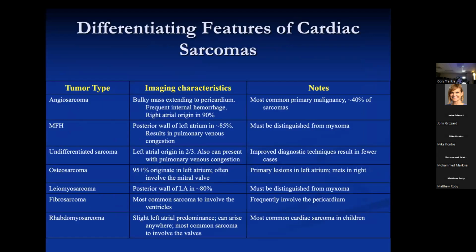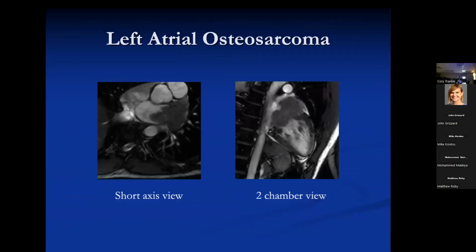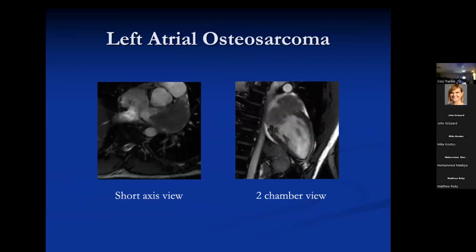I don't want you to worry about this. The only reason I put this slide up is because I'm going to put these little arrows up and show that outside of the angiosarcoma, the malignant fibrous histiocytoma, the undifferentiated sarcomas, all the others have a left atrial predominance. The only one that has a real strong right atrial predominance is the angiosarcoma. So if you see an aggressive looking lesion there, it's probably angiosarcoma. And the other ones are not distinguishable. I mean, here's a left atrial osteosarcoma. There's no way to say this isn't a fibrosarcoma or any other sort of sarcoma, but it's a bad tumor.